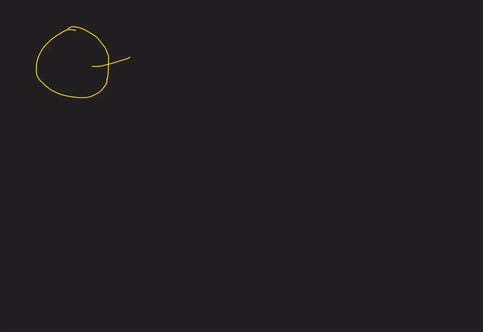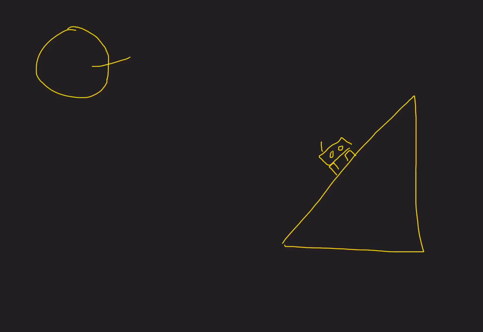So what we're going to have is a ramp. And here's the car, here's the wheels, and here's the headlights or something. It's coming at us. Okay, so we can draw an FBD of this, and there's always this force, which is mg cosine of theta, and then there's a normal force going this way, okay? And then always down is mg